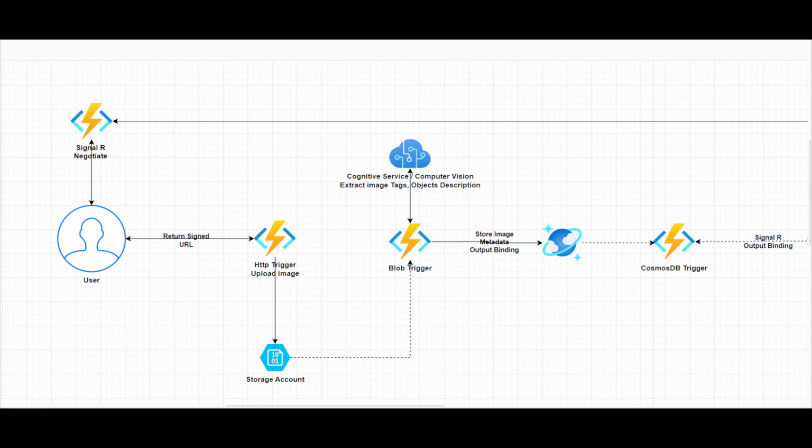On today's video we are going to be working once more with Azure Functions. In this case we are going to be moving into more advanced topics working with input and output bindings. So that means we are going to be integrating the Azure Function with pretty cool services from the Azure portal. We are going to be working with a storage account, CosmosDB and also SignalR. We are also going to take a quick dive into the cognitive service for computer vision in order to extract